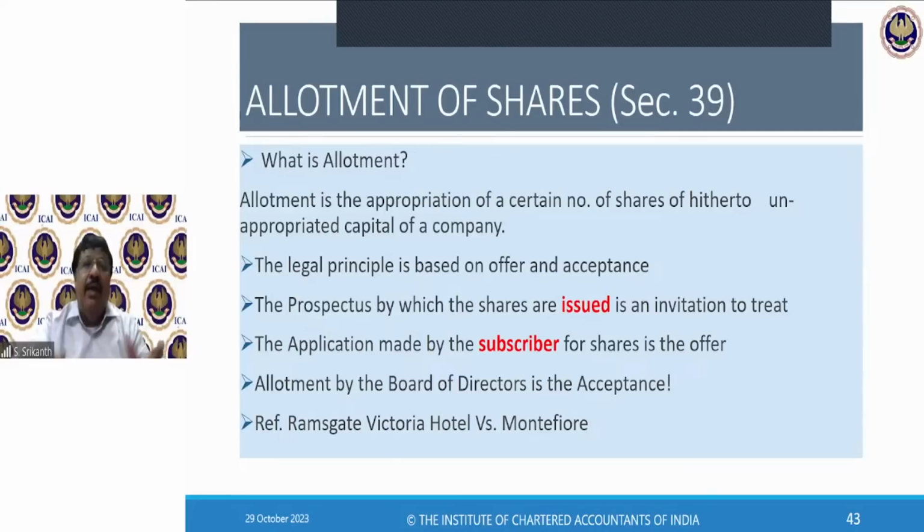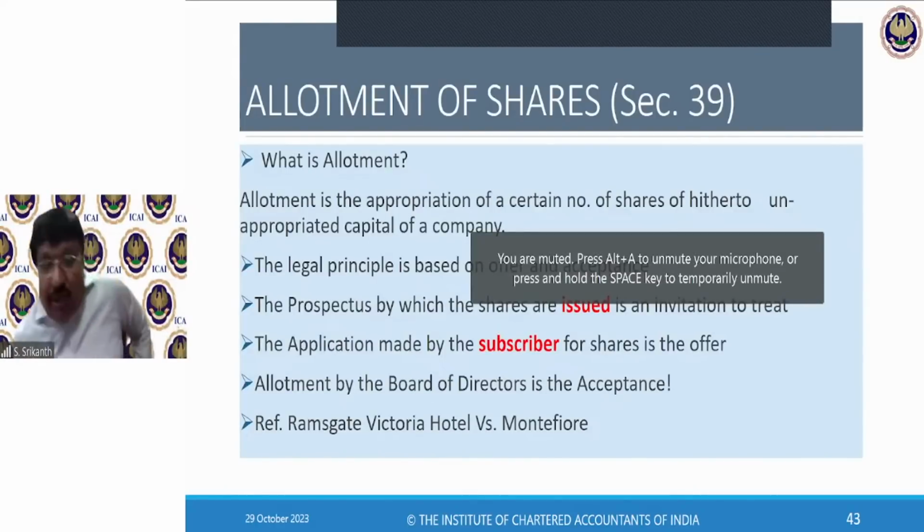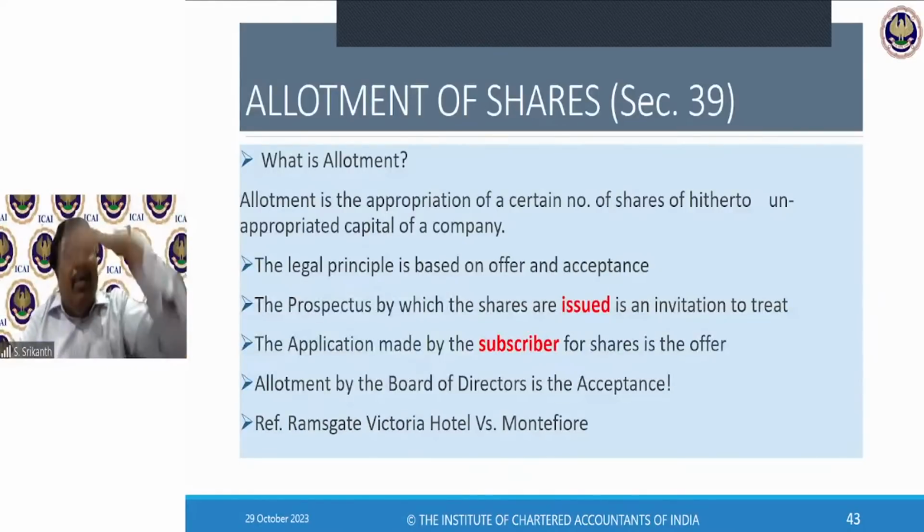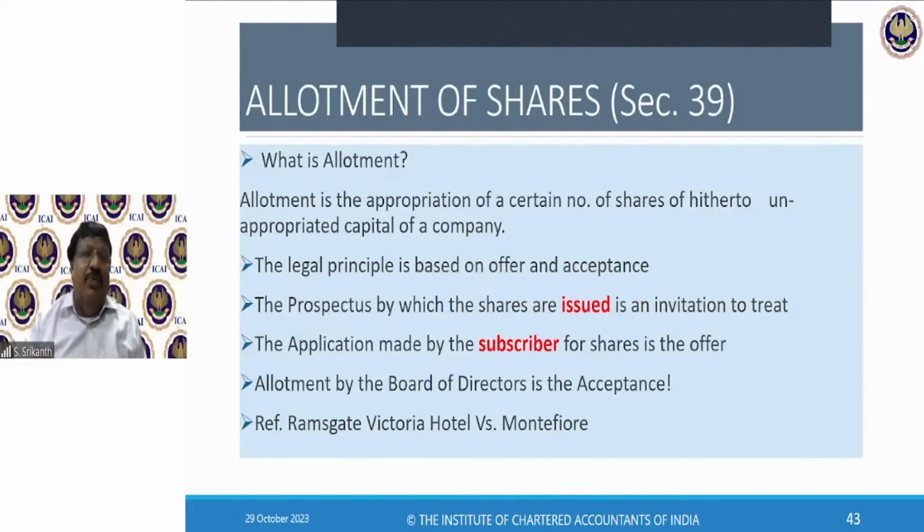So basically, owning of a share in a company is a contract between the company and the members, and amongst the members inter se. Those people who signed the memorandum for the first time have entered into a contract. Subsequently, every subscriber is again entering into a contract. Got it? So every time, and allotment, contract completed. Now you are bound. You sell, then you are going out of the contract. Somebody else is coming in. That person will now apply.